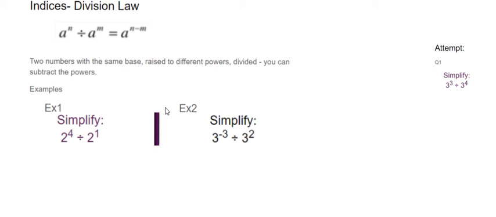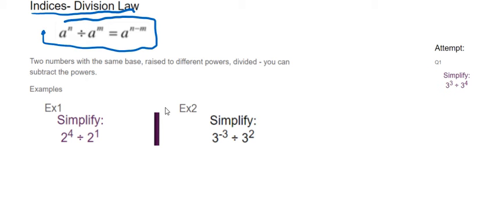Hi guys, so this is the division law of indices. If you've seen the multiplication law already, which you probably should have, then this is pretty much just the opposite. So it's very, very simple again. If you look at the general rule up here,